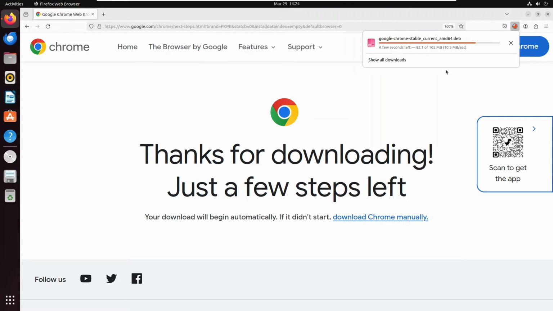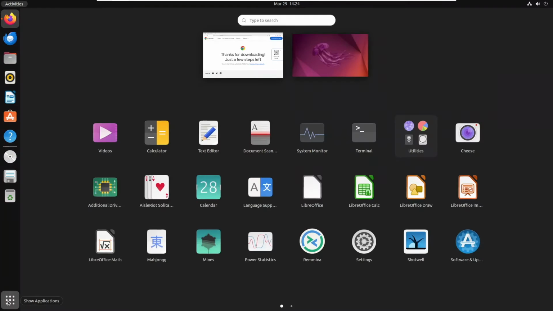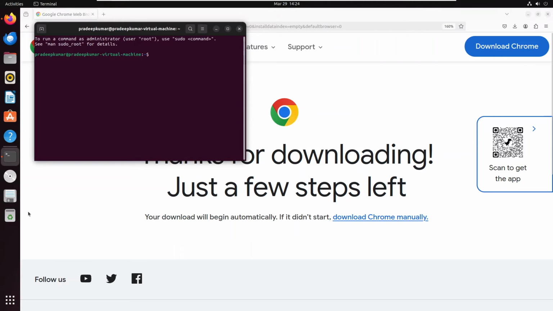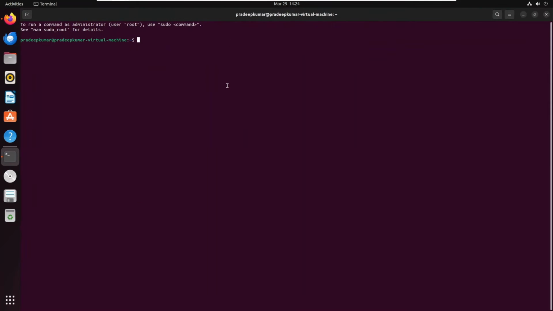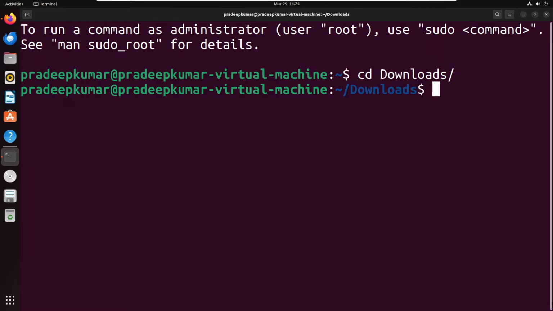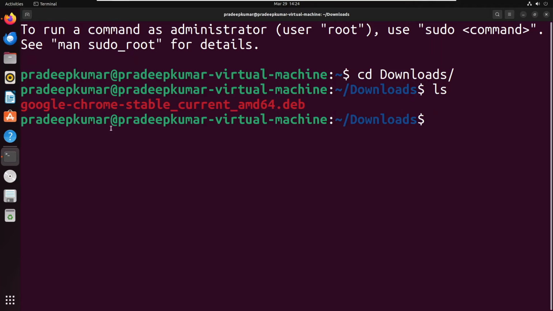So first you can go to chrome.google.com and there you can download the Chrome browser for Ubuntu 64-bit DEB, as indicated in the video. Once it is downloaded, open a terminal. You can double click the file also, but sometimes if any packages are needed, you may not know which package is needed, so you have to open a terminal, go to the downloads folder like this and see that this